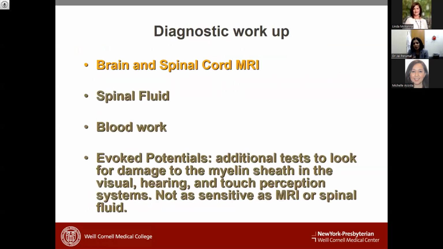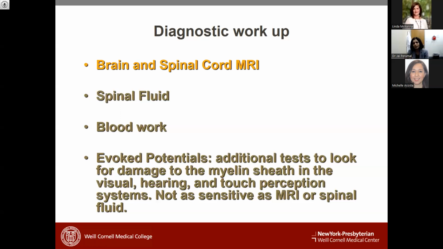Once we suspect MS, how do we confirm that this person has MS? The most important are the MRIs, brain and spine. Since it can affect the spinal cord too, we get MRIs of the cervical and thoracic spine as well. Earlier, everybody who was diagnosed with MS ended up getting a spinal fluid test or a lumbar puncture. We don't need that now. Only if the MRI is not conclusive enough and we need more evidence to make the diagnosis, we do a spinal tap. But for the most part, most people who are diagnosed with MS do not need an LP or spinal fluid.